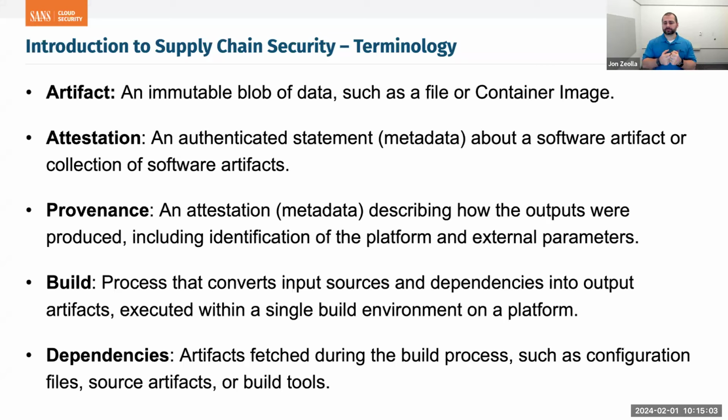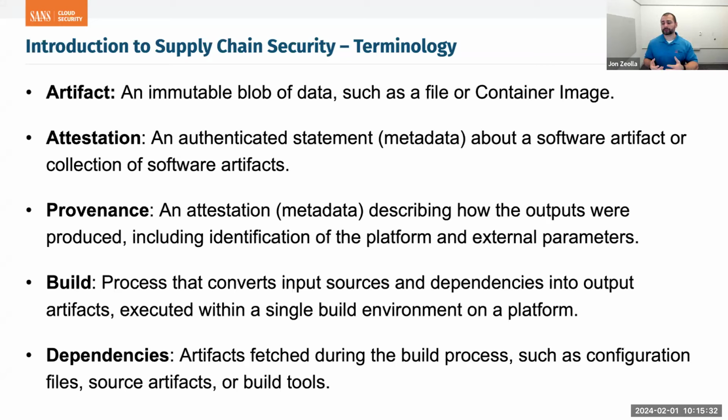We take the inputs, we take all of these configurations and scripts and a runtime environment and source code, and we build something. We are making an artifact. And during that build process, you've got probably lots of different dependencies. So you've got to pull those. Maybe they get passed in. Maybe you use hermetic builds, which is not very common, but a build process that has no network connectivity. It's possible. So then all those dependencies need to be passed in.